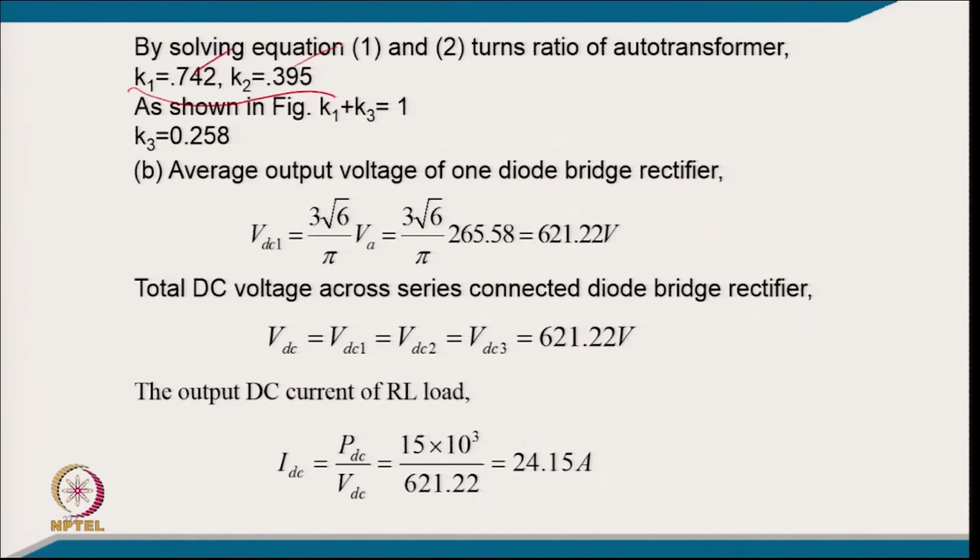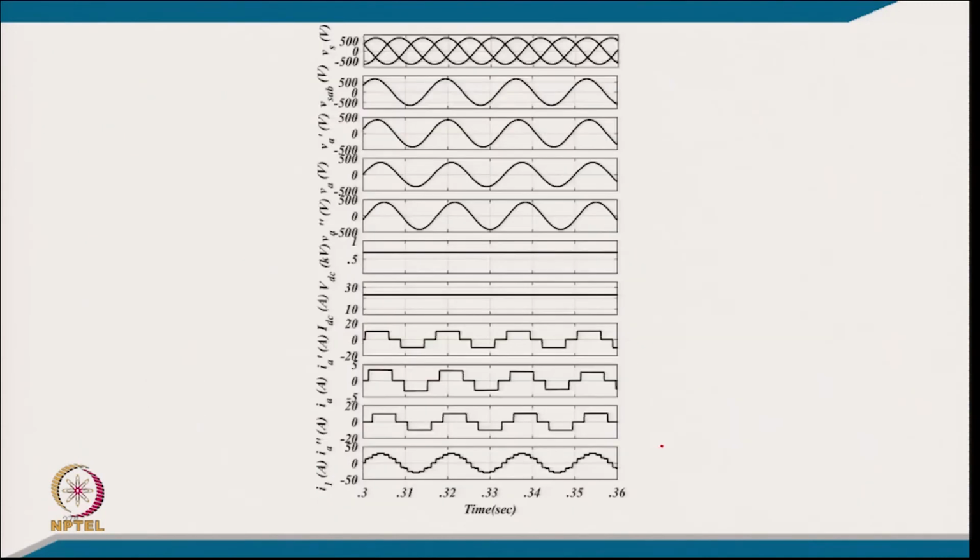You can get a constant for the turns ratio, all 3, K1, K2, K3, which are shown, and once you have the line voltage as the rectifier input, you can easily find out the rectifier output DC voltage of 621.22 volt, and this is the same for both because both are connected in parallel, and you can find out from the power relation, power divided by DC link current. So, you can get the DC link current also, 24.15 ampere, and from this you can make a model and you get the 3-phase voltage, then the phase shifted voltage, then load voltage, load current, and 3 converter currents